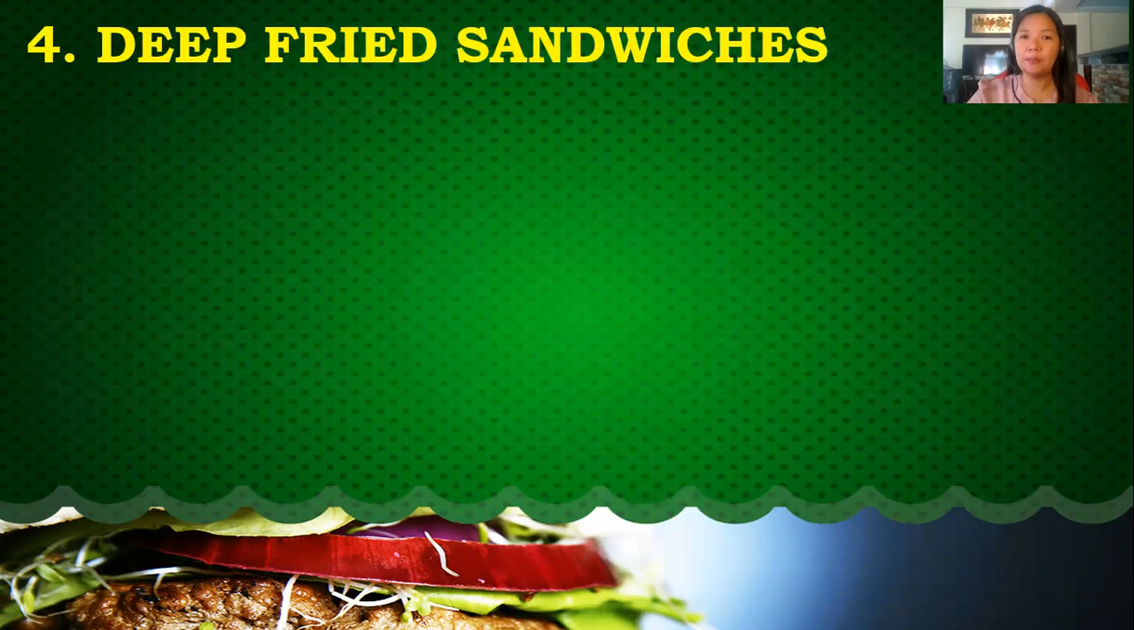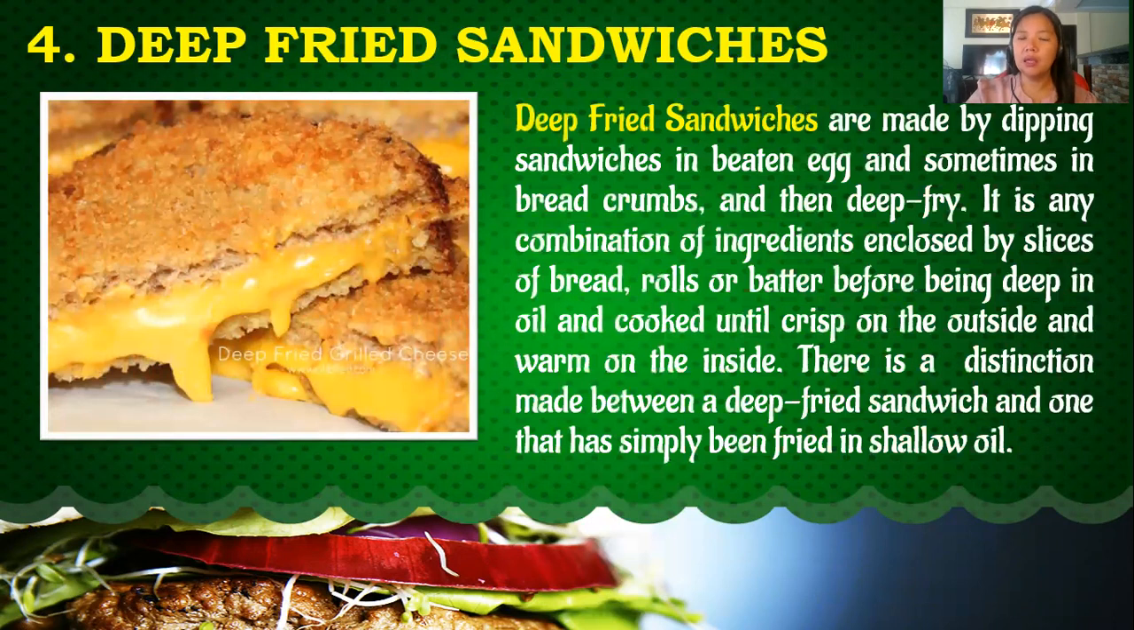We also have the deep fried sandwiches for hot sandwich. They are made by dipping sandwiches in beaten egg and sometimes in breadcrumbs and then deep frying. It is any combination of ingredients enclosed by slices of bread or bread rolls, battered before being dipped in oil and cooked until crisp on the outside and warm on the inside. There is a distinction made between a deep fried sandwich and one that has simply been fried in shallow oil. So the best example of this one is the